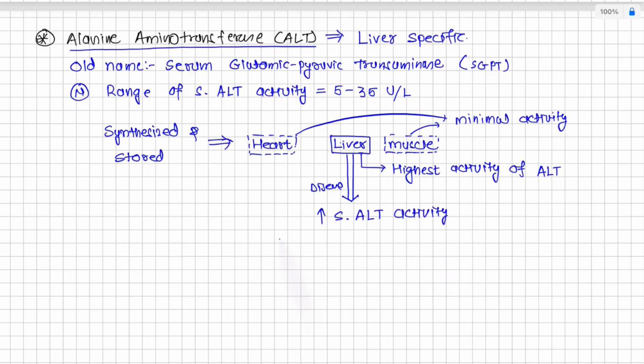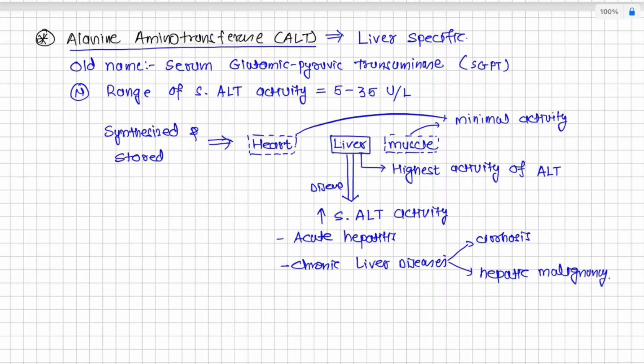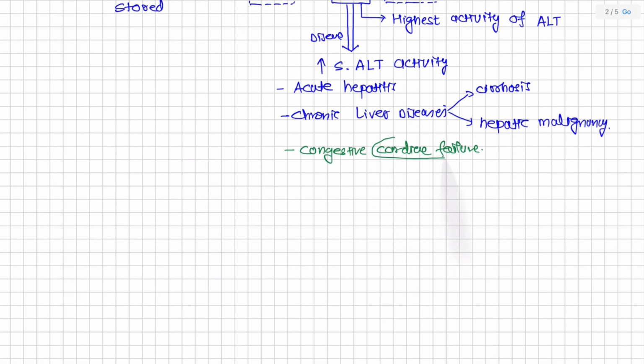Such liver disease could be acute hepatitis, chronic liver diseases like cirrhosis of liver, or hepatic malignancy. And then, once again, there is congestive cardiac failure here. Here, the mechanism is identical to what we discussed with the aspartate aminotransferase. Cardiac failure leads to liver congestion. So, liver cells also get damaged, and these liver cells release alanine